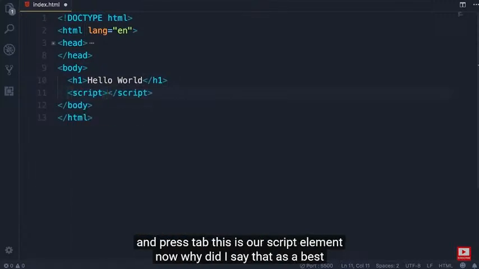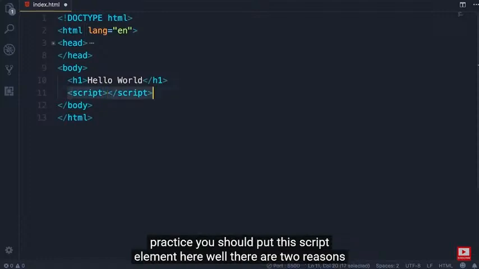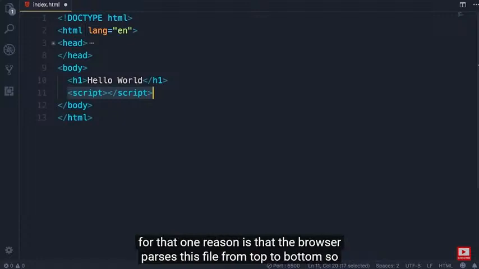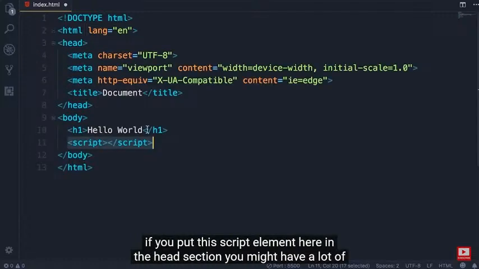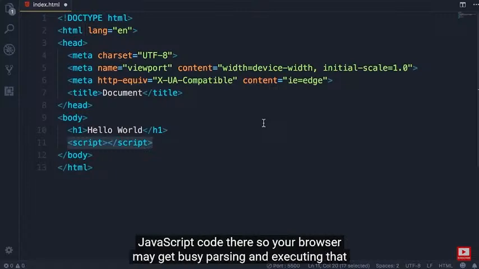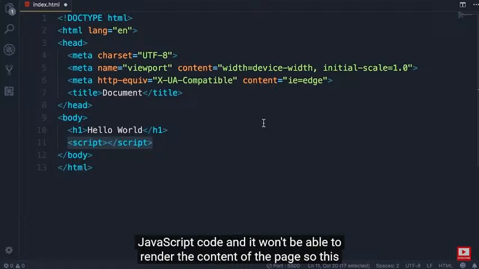This is our script element. Now, why did I say that as a best practice, you should put the script element here? Well, there are two reasons for that. One reason is that the browser parses this file from top to bottom. So if you put the script element here in the head section, you might have a lot of JavaScript code there. So your browser may get busy parsing and executing that JavaScript code, and it won't be able to render the content of